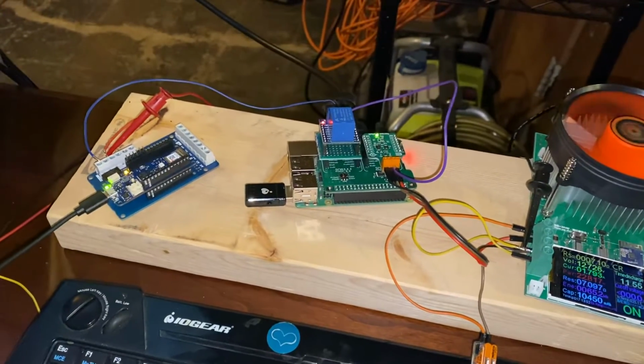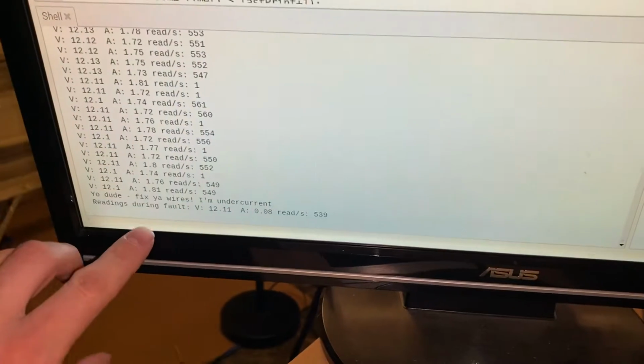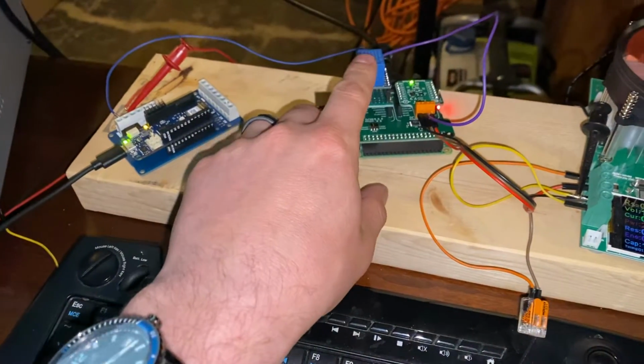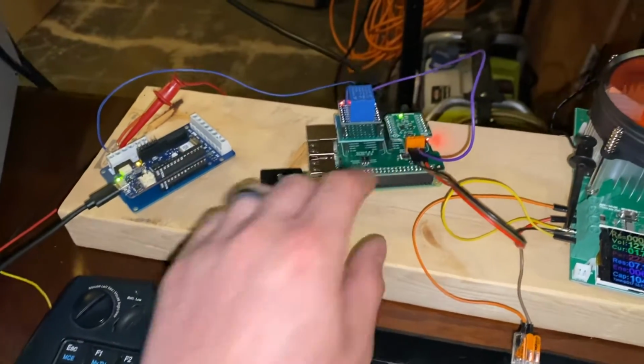And so for the most part, it works, but occasionally, right there, so that just clicked off, and I get a fix your wires fault. And I can see I had 12 volts, but had 0 amps flowing through it. And I think it was when this relay opens and something goes on in here. I don't know if that's reading too fast, but